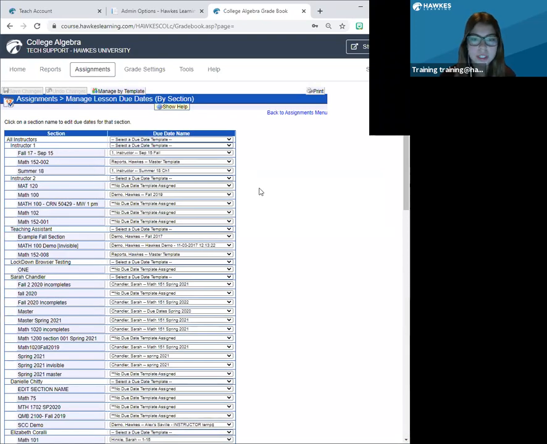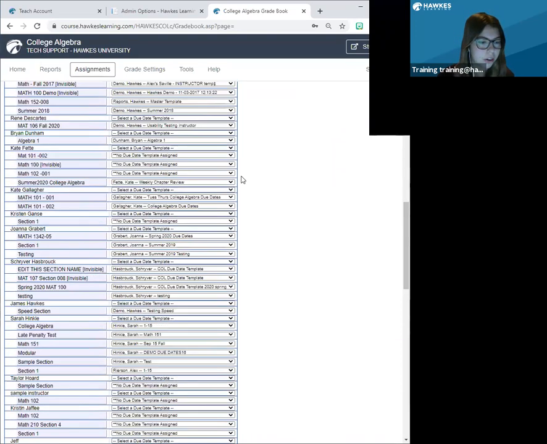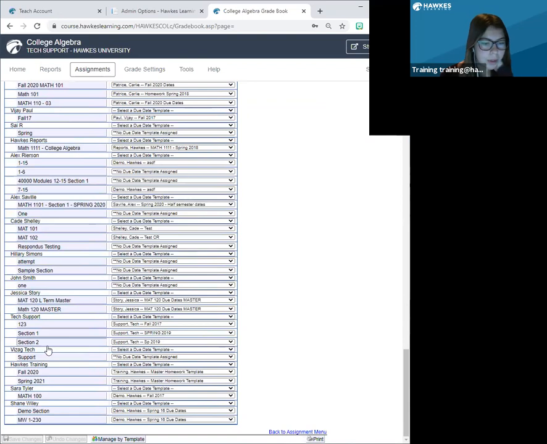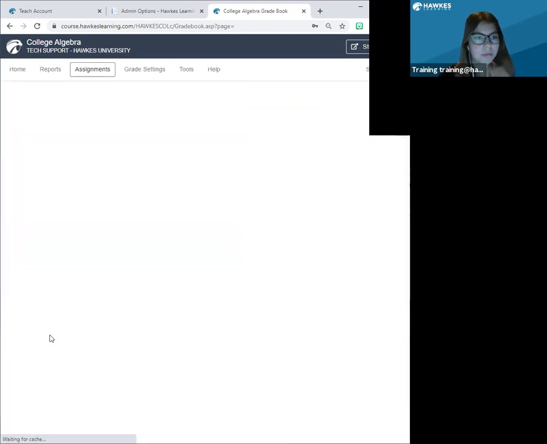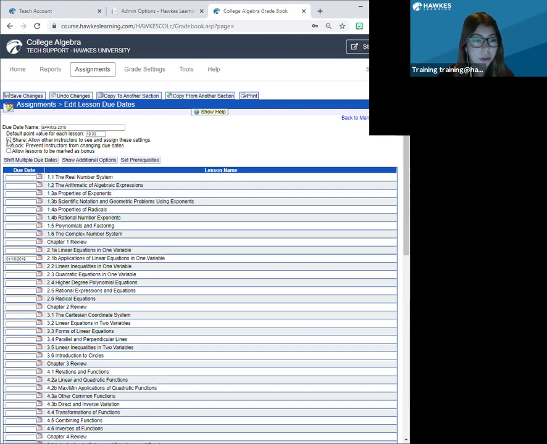So some course admins will create a master template and set up lesson due dates for the instructors. You can choose the setting to share the template. If I come down to one of these templates, so as you'll see here, as I was saying, you can click on the setting in the specific template to share so that other instructors can go ahead and use the template